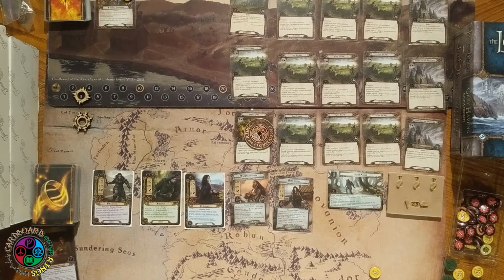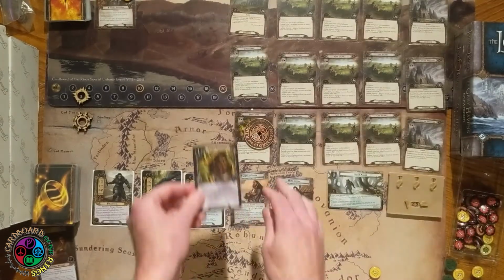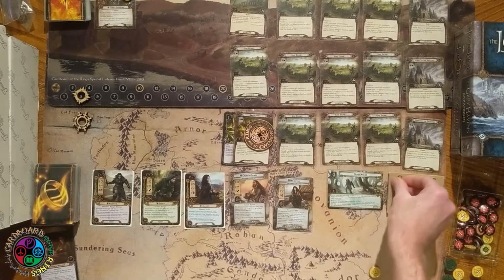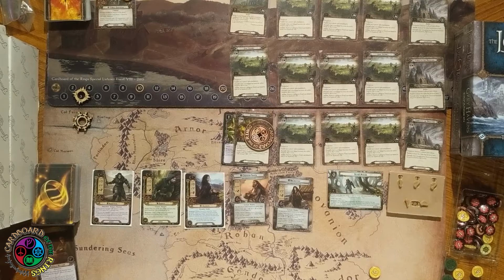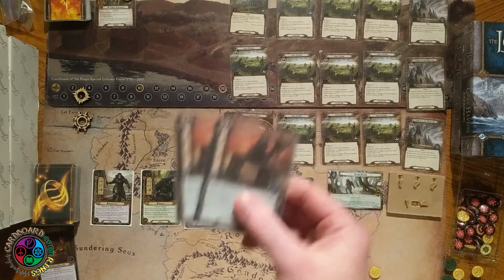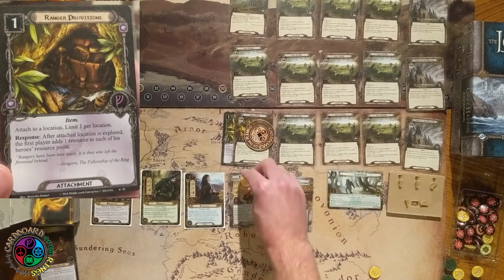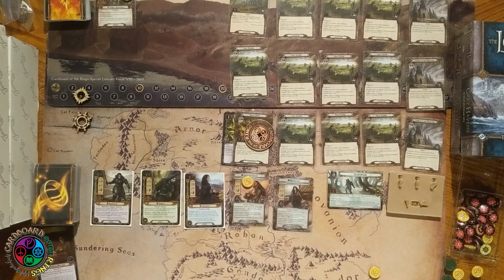All right, so we'll put Scout Ahead in. So that's the quest I will be questing against. That lets you look at the top 5 cards of the encounter deck and mess with them. I'm going to put Ranger Provisions on the active location. So it costs 1, and when it's explored, the first player adds 1 resource to each of his heroes' resource pools. So very cool. And then I'm going to use Damrod's resource to give Captain Sahir a resource, so now